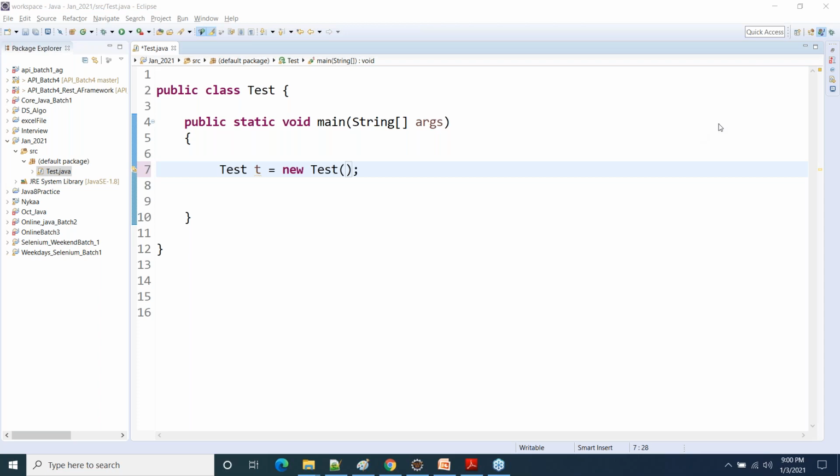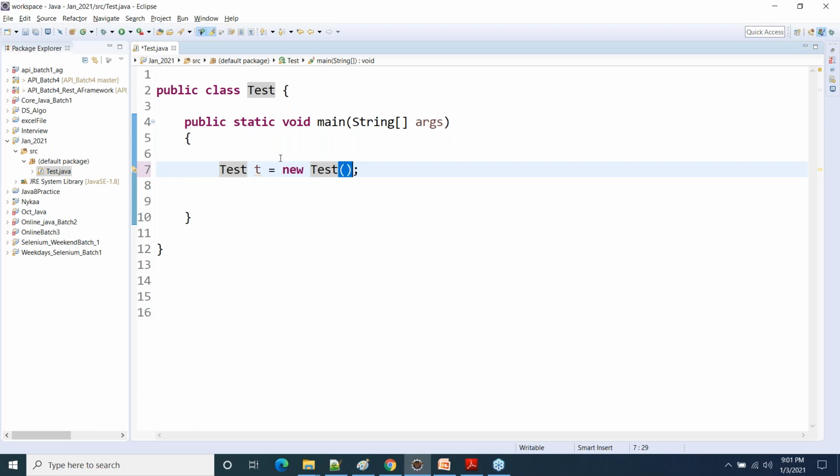Arvina: So we have mentioned Test t equals new Test parenthesis. I'm asking about this Test parenthesis, you are saying constructor, which I don't know, but this Test is always the class name, like we have public class Test, right? Yes. So that's what I've told you, that in order to create an object for any class, you have to use the new keyword, then a space, then the class name for which you are creating the object, and then you have to add the parenthesis.